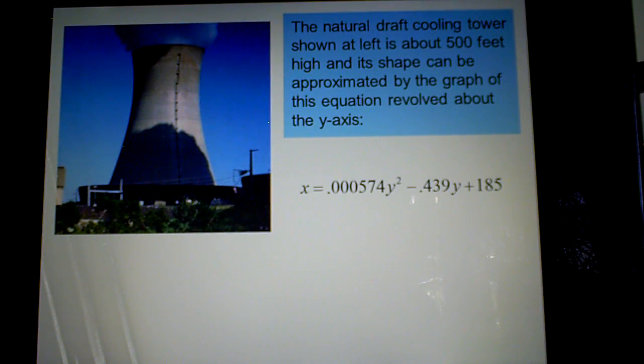This one's not on your sheet. I wanted to show you an example where somebody would give you an equation, you're not going to come up with this on your own, but notice that it is x equals, this is a cooling tower. If I superimpose an axis over it, the curve of the tower looks like this. This is all physics, right? They know exactly where to make this hyperbolic shape, where the center of it is, to make the steam work and come out appropriately. If I stop this at 500 feet,